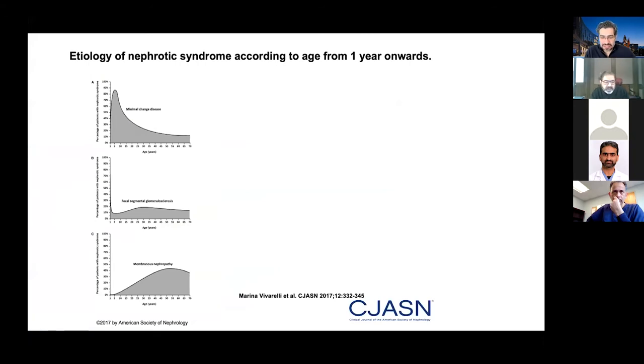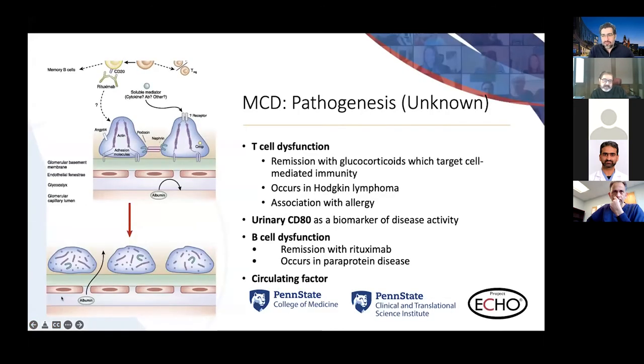Can I quickly interject? If you could go back to the previous slide, please. One thing that is very topical and we need to touch on is a very recent set of papers looking at the incidence of antinephrin antibodies in minimal change disease. If you look at the top part of this cartoon, the slit diaphragm apparatus has two proteins, nephrin and podocin, and mutations in nephrin lead to congenital nephrotic syndrome, known as the CNS